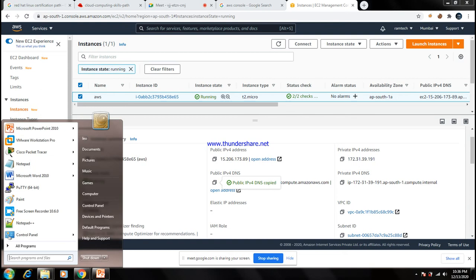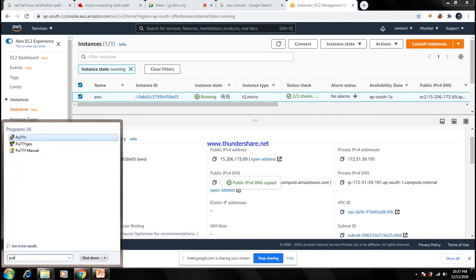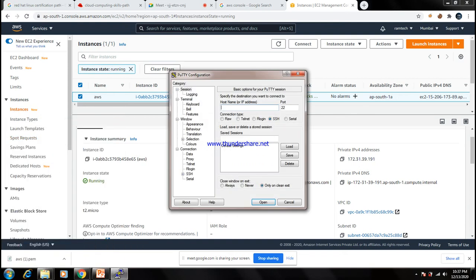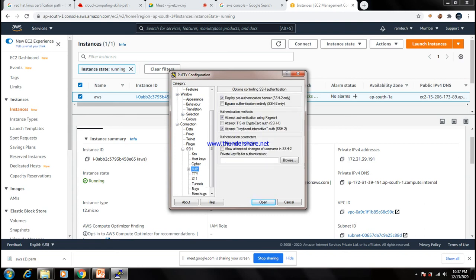Okay, now go to PuTTY. Paste the public DNS here. Then go to the SSH key authentication. Once you press authenticate, it will ask you to browse to the location where your private key is.